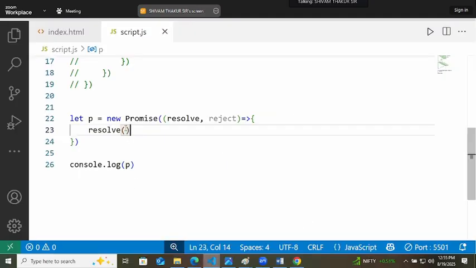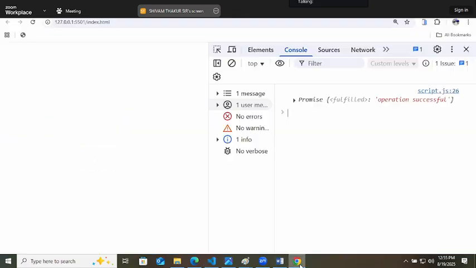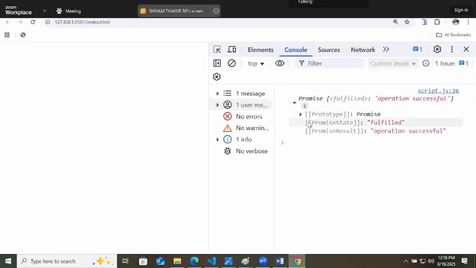If I am resolving this with a value, operation successful, you will see that the promise state is fulfilled and the result of the promise is operation successful.